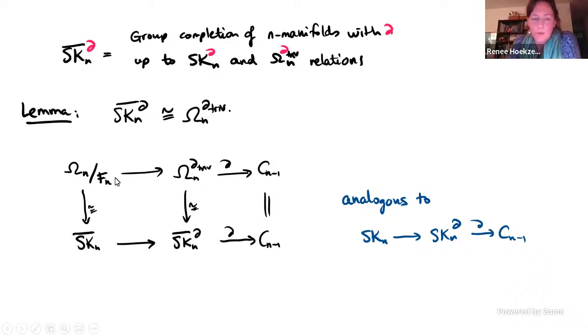So if we quotient out normal cobordism by these mapping tori, sorry, twisted doubles are the same as mapping tori and cobordism. So here the top sequence is my former 4-point short exact sequence. And I now have an isomorphism as follows. So now I have a short exact sequence from SK bar to SK bar boundary to Cn-1. That was similar to what we had before for SK boundary. So this shows again that this is really a minimal way of extending SK bar to include manifolds with boundary.